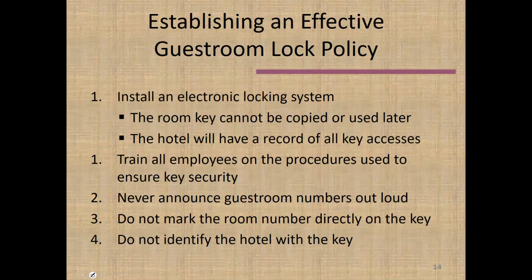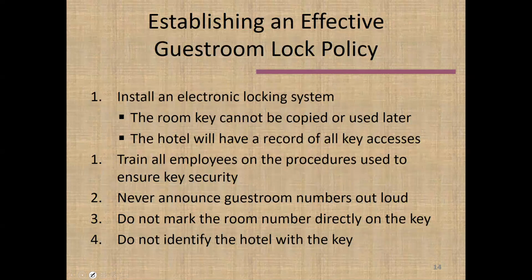You want to make sure that the program, again, you'd have the lots of different people obviously have the need to go into rooms, the housekeeping staff, the maintenance staff, possibly the room service staff. You could have the bus boys, the bellhops, those types of people also being involved in accessing keys. And we want to make sure that they are familiar with the rules that are in place about how to do that type of process.